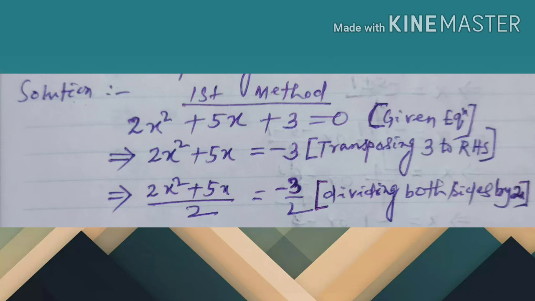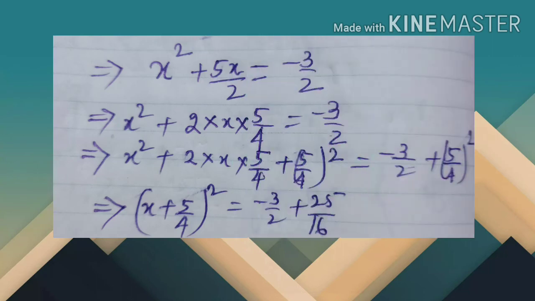Now let's divide both sides of the equation by 2. We get x square plus 5x by 2 is equal to minus 3 by 2. This implies that x square plus 2 into x into 5 by 4 is equal to minus 3 by 2. Now we have to add 5 by 4 whole square on both sides of the equation. By adding 5 by 4 whole square to both sides of the equation, we have x square plus 2 into x into 5 by 4 plus 5 by 4 whole square is equal to minus 3 by 2 plus 5